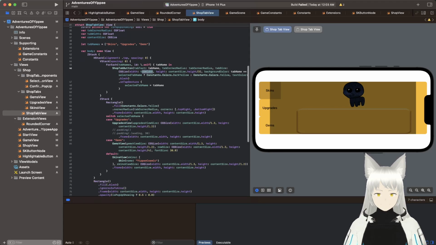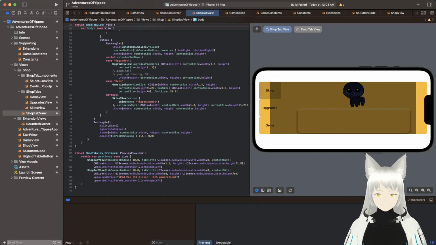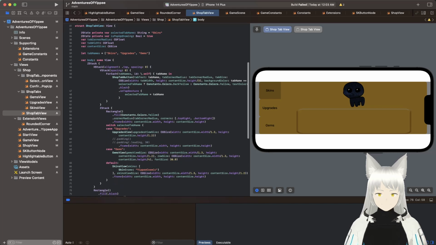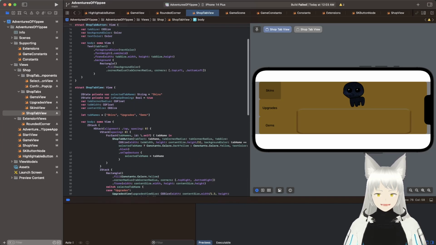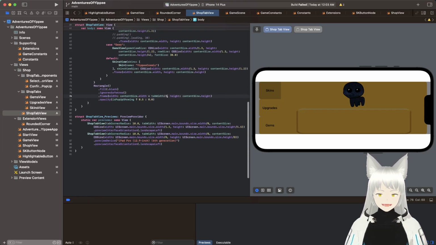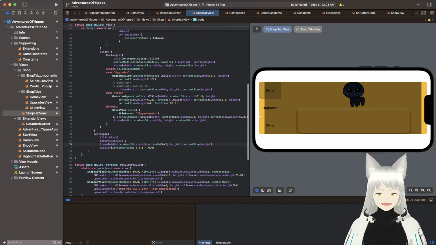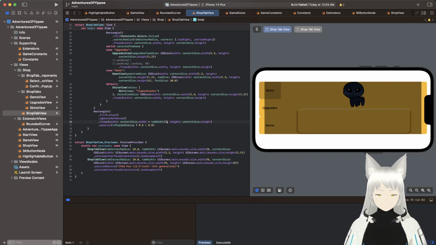Maybe we need to add that, content size width plus the tab width. Okay, now it's still a bit big though. Tab width divided by 2? I'm missing something. Tab width